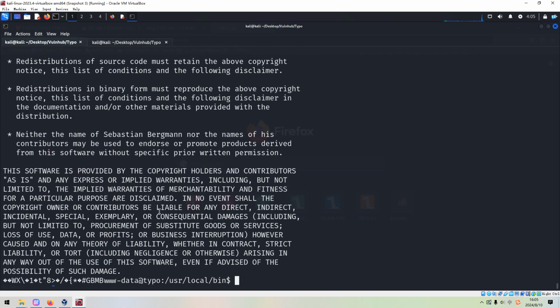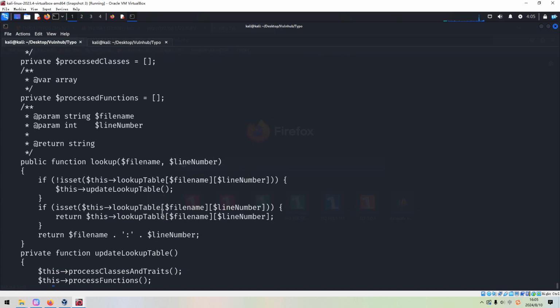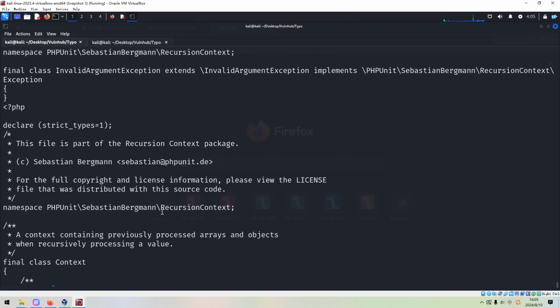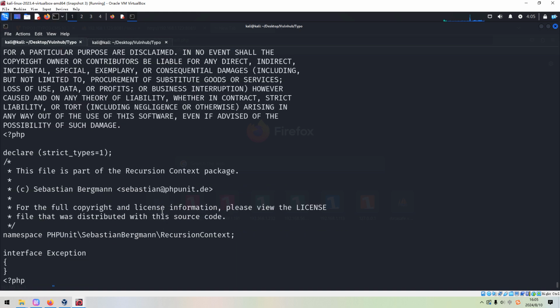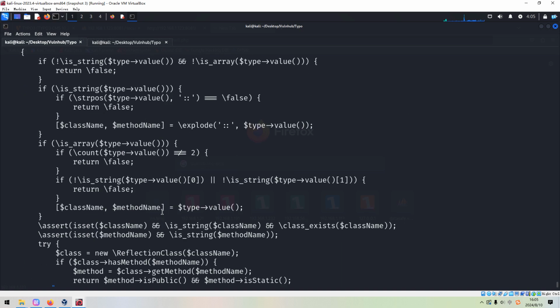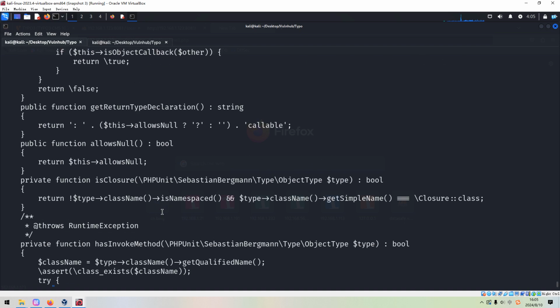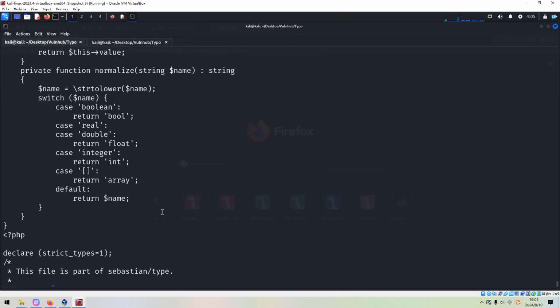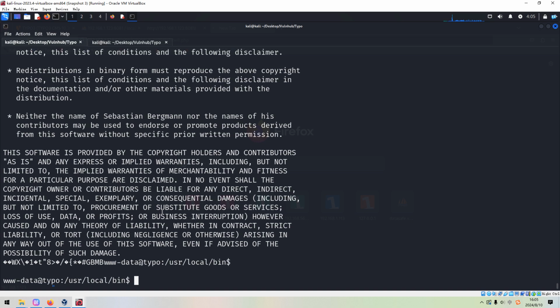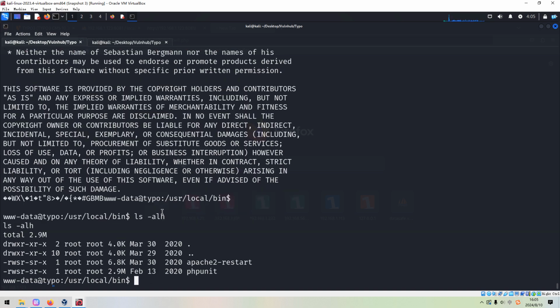A lot of code, copyright. So what is it about? I don't think we can find anything from this PHP script. Also, the current user does not have permission to manipulate this file or this file.